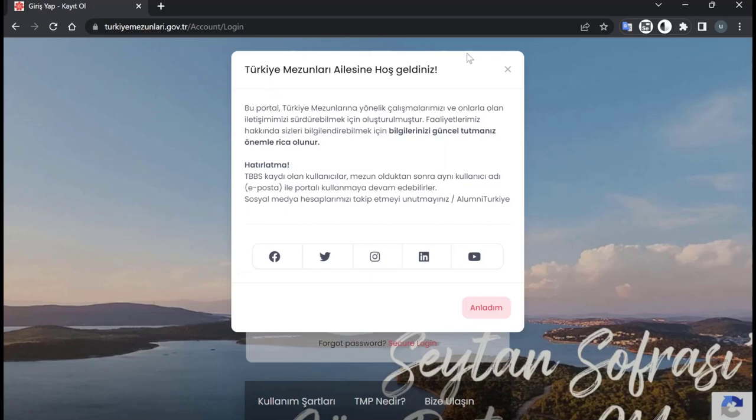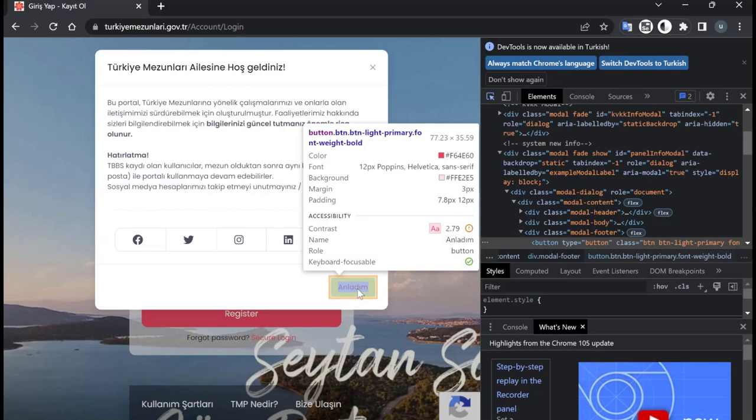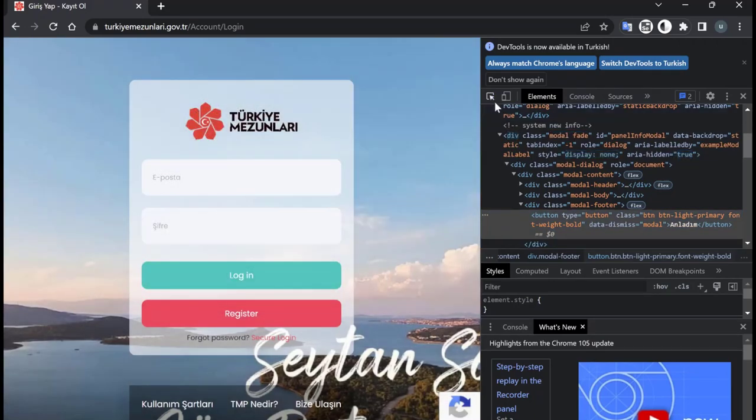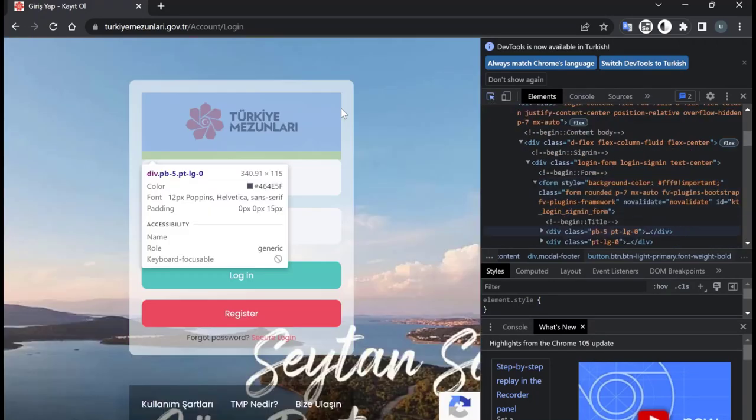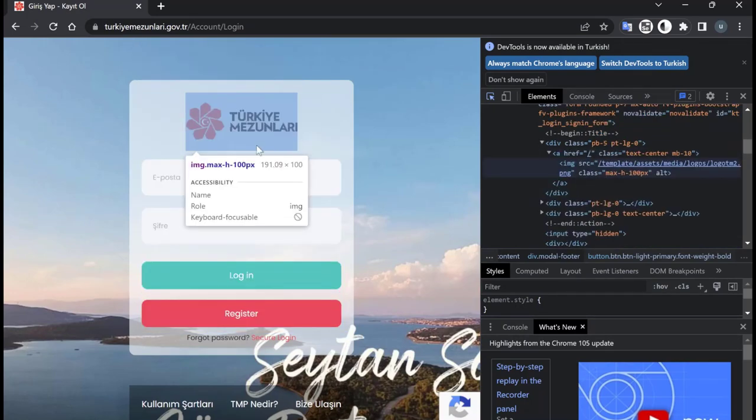Here we have a message box whenever we open the website. So first we have to click that button. Let's right click and inspect. And here there's a cursor button and also elements should be selected. This button doesn't have an ID and we're going to click that. After that we're going to fill the two fields and push the buttons.